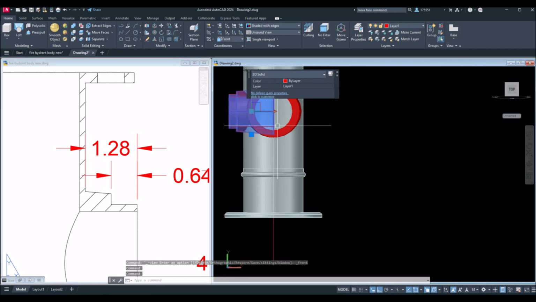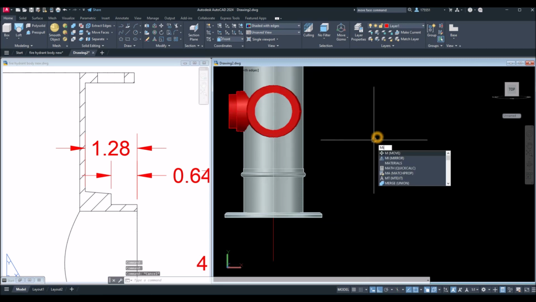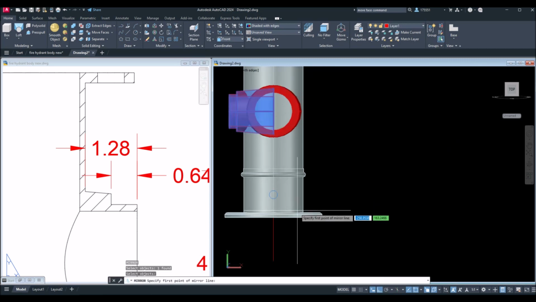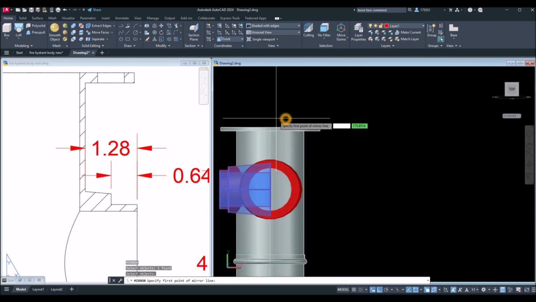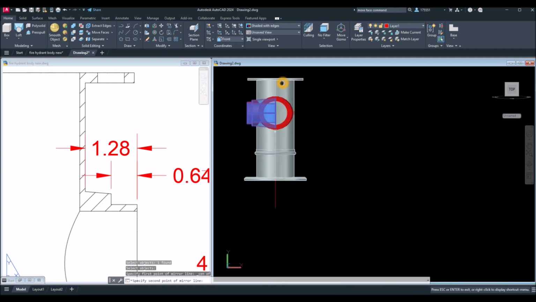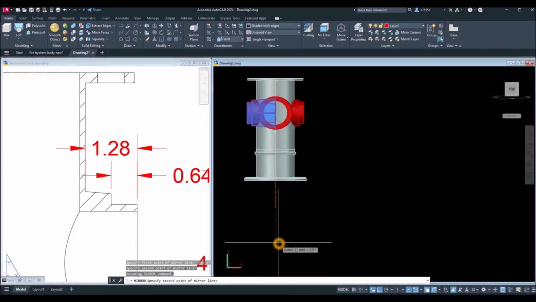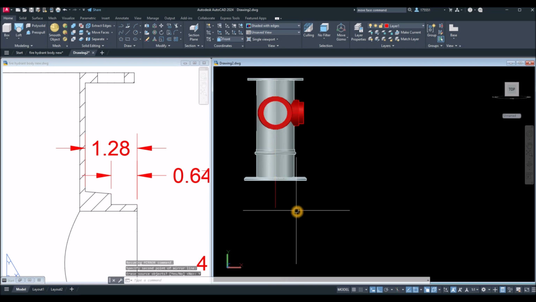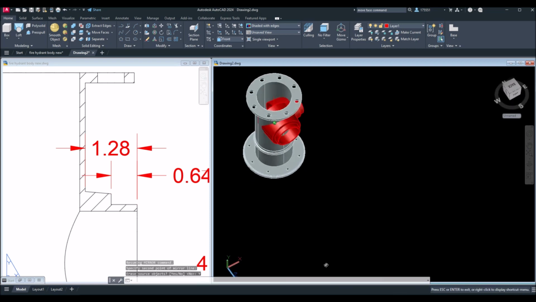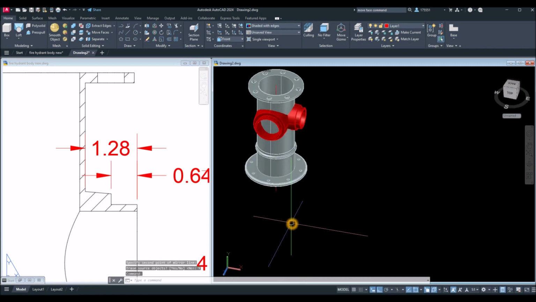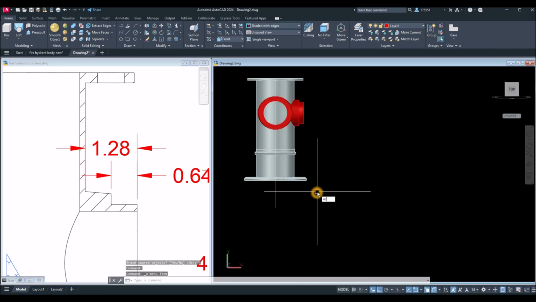So I'm gonna mirror this nozzle. So M for mirror command, and use the center as base point. Just wanna make sure I have the center. See that circle sign. And move your cursor downward or upward. As long as it's straight, you can just click anywhere and select no. Where did it go again? So mirror,